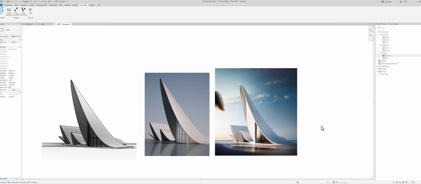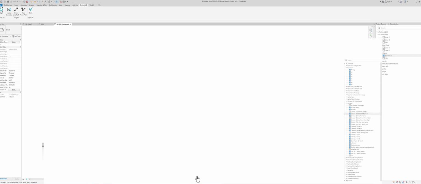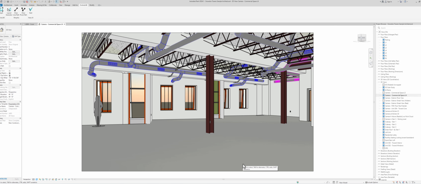But what can Veras actually do more? Not only the concept it's working, of course. And I have another model for that, so I have a lot of models today. So here, let's say the standard models from Revit 2024, and this has the interior, of course. And as you can see, it's really hard interior. We have here the map systems, we have here the structure,